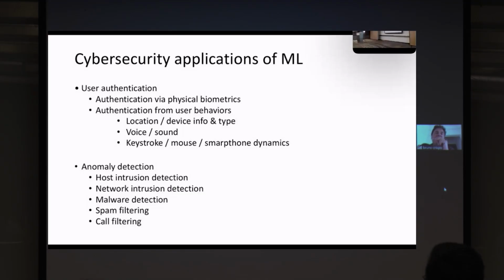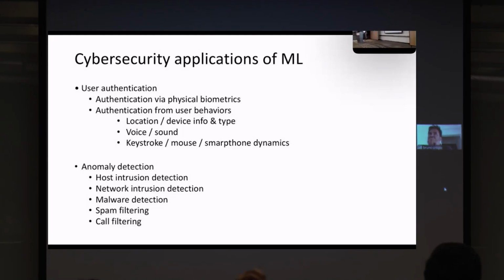And this is a typical problem when we employ machine learning. Another one that is very common, and it started in the 80s, is anomaly detection. So before anomaly detection, there was only signature-based intrusion detection, where essentially to defend against intrusion, you try to fingerprint the signature of the attack, and then you want to recognize that signature.